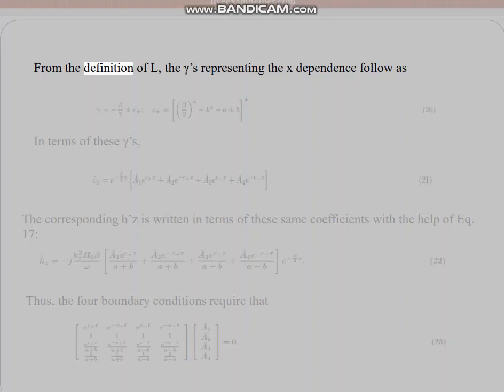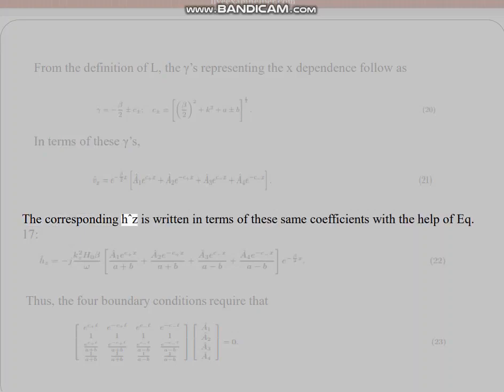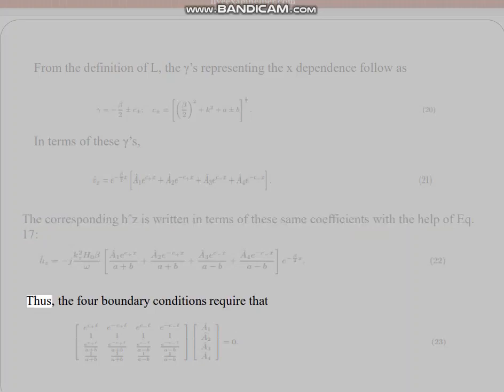From the definition of L, the gammas representing the x dependence follow, in terms of these gammas. The corresponding H_z is written in terms of these same coefficients with the help of Eq. 17. Thus, the four boundary conditions require that